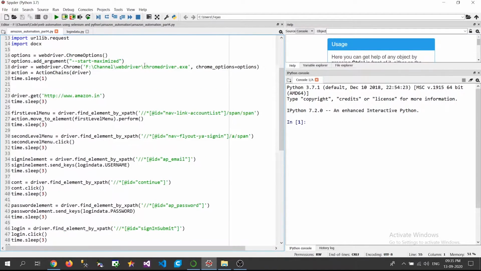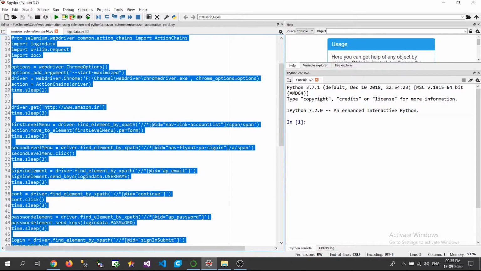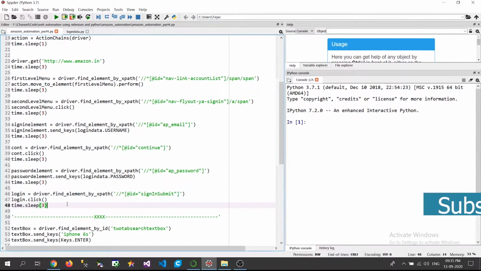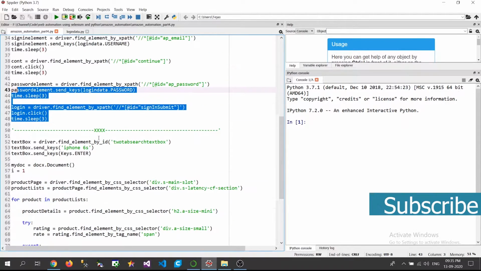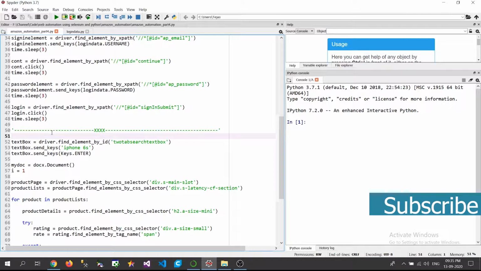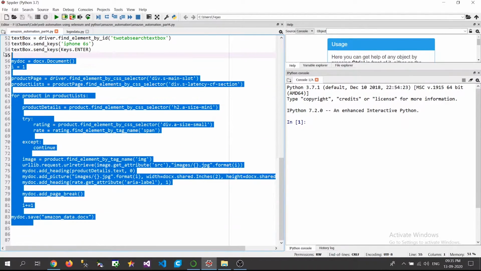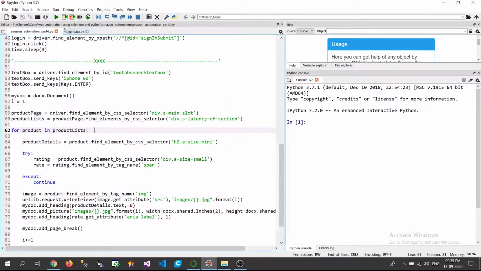First, I'll directly show you the output of the program. The first section of this program is similar to what we used to do previously, and that is we will be logging into Amazon, and then going to the home page. Whatever changes, modifications or additions of code we make will go in the next section, because usually we have to complete the first step in any kind of coding or objective, and then move towards the second section. So the explanation will be after the execution. First I'll execute so that you will understand what we are trying to achieve here.